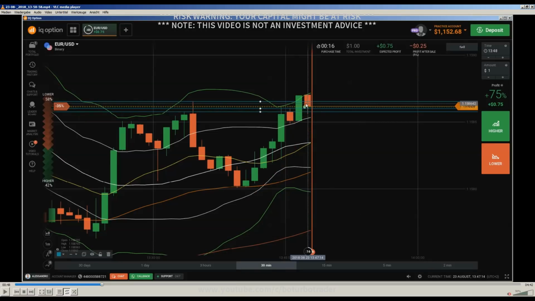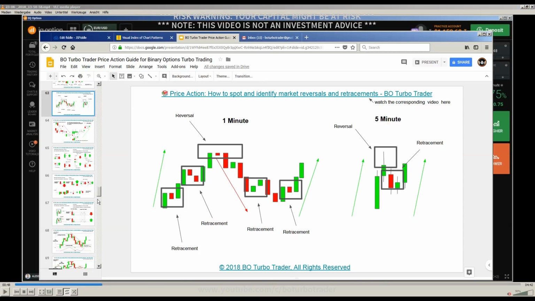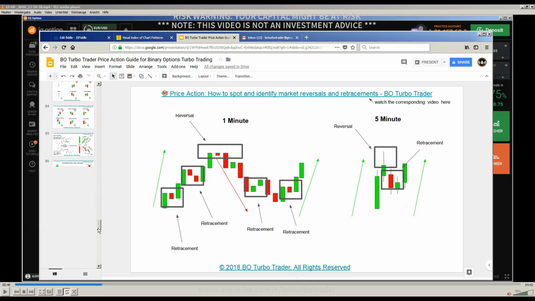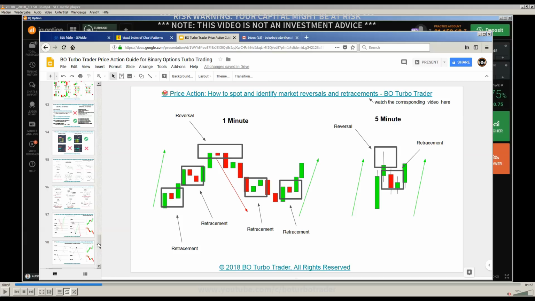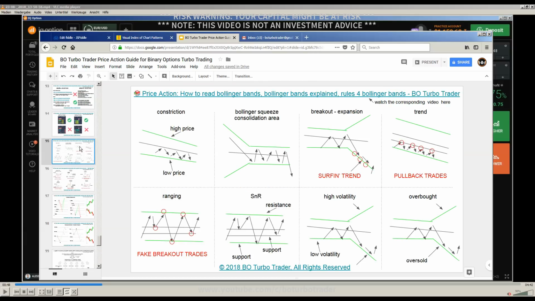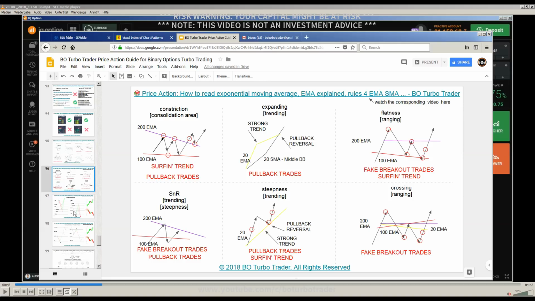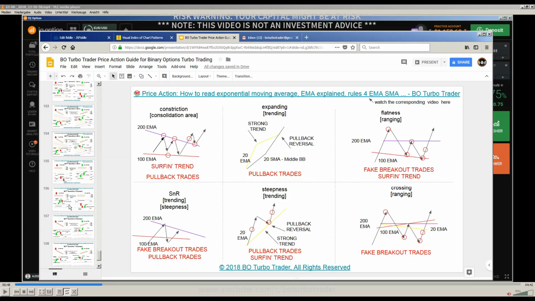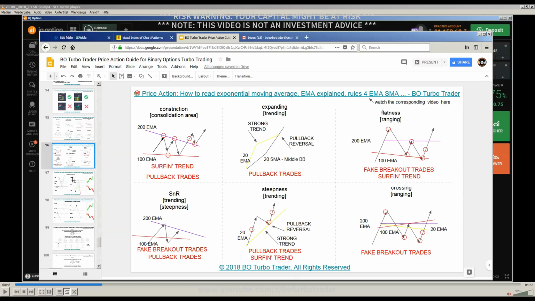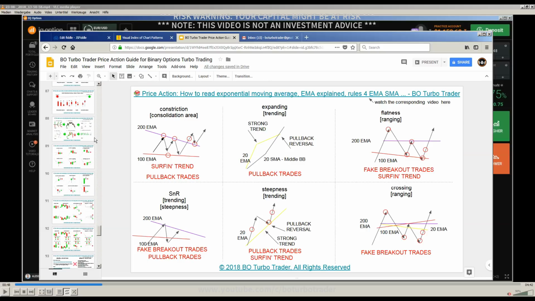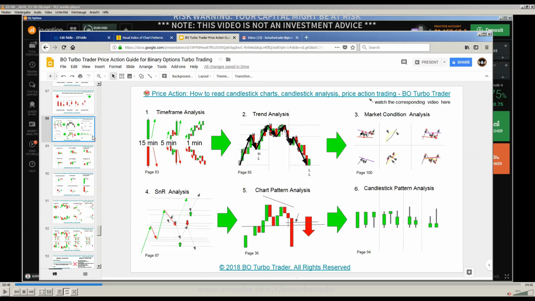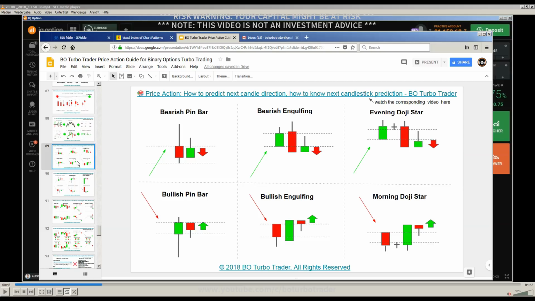I will show you those pages again because those are the most important ones in my opinion, apart from those where I talked about the Bollinger Band and the EMA. So about the Bollinger Band, about the EMAs, and then those 5 pages which are contained in the 7th edition of the ebook: the candlestick chart analysis, how you have to choose the trading setup, the prediction of the next candle. You see here this kind of scenario.